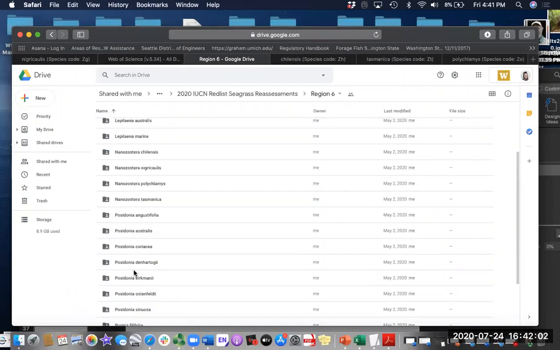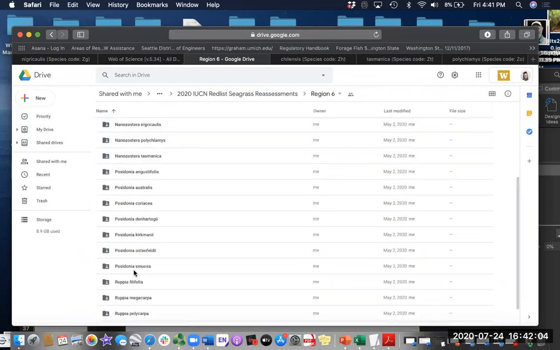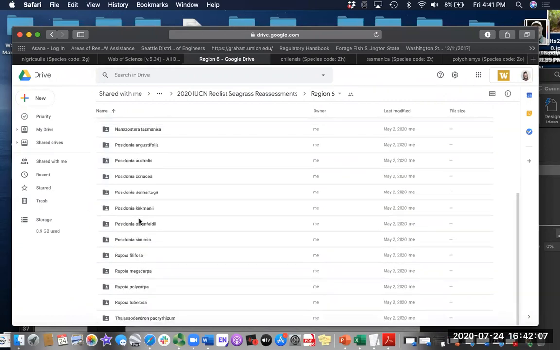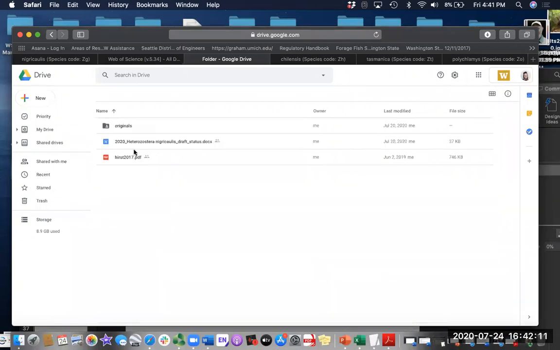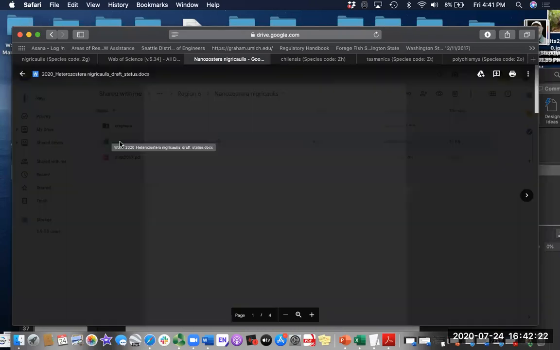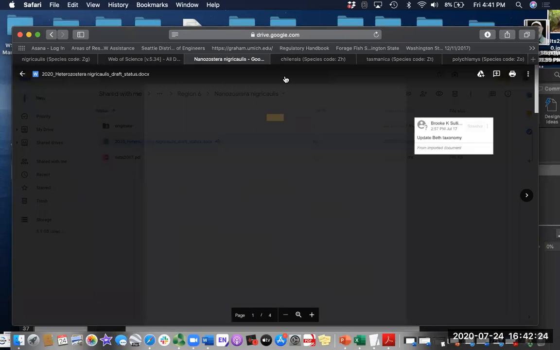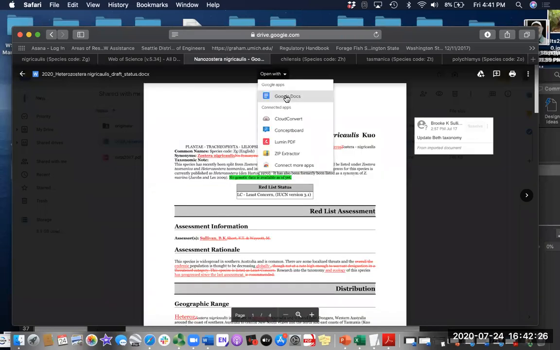If you don't have access, again, you can talk to your bioregional leader, and they can give you this sheet. So go in here to the nigricollis, and you'll see I've modified it with 2020. There's a file with the original data sheet in it, and now I've modified that original data sheet. So I made a copy, and then I open it with the Google Doc,